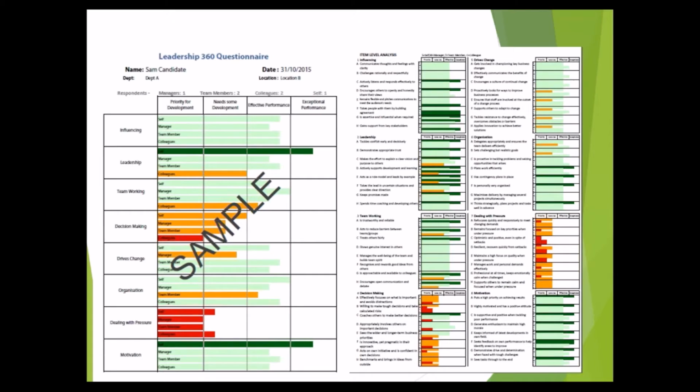Again, this is useful, but it might be even more useful if we look onto the right-hand side of the page, which looks specifically at where people scored them for the different items. So we get another deeper level of analysis. If I was looking at this individual's 360, the key area that seems to be coming up is dealing with pressure. They scored in the red box here, priority for development, on that ability to deal with pressure. So as an individual, they're going to gain lots of information. And then if we take this collectively, hopefully we will see some trends or patterns emerging within the data.